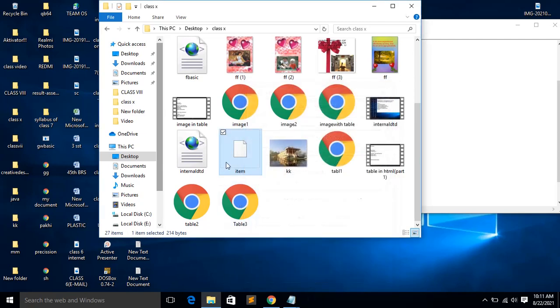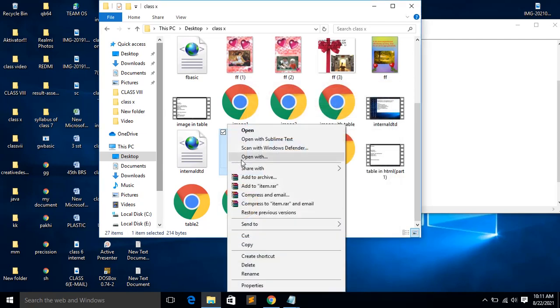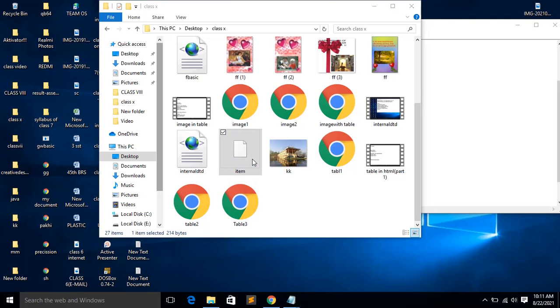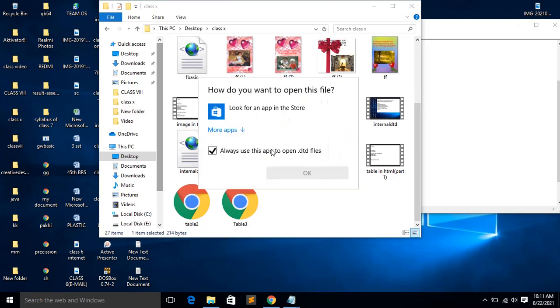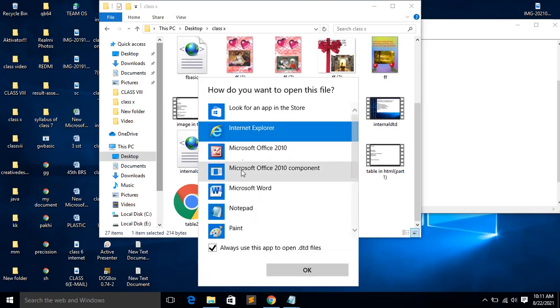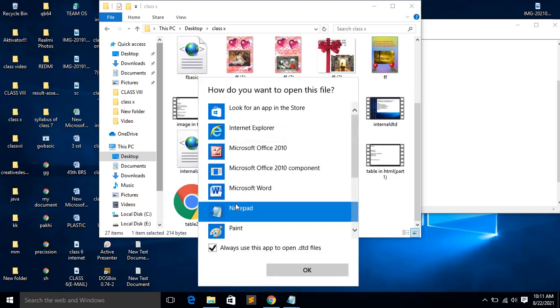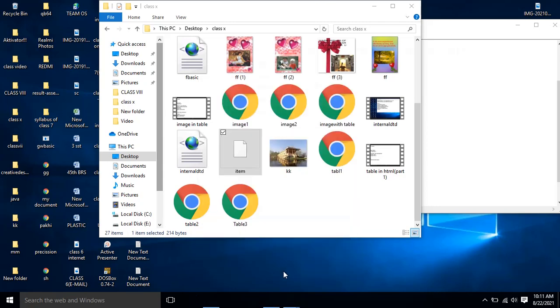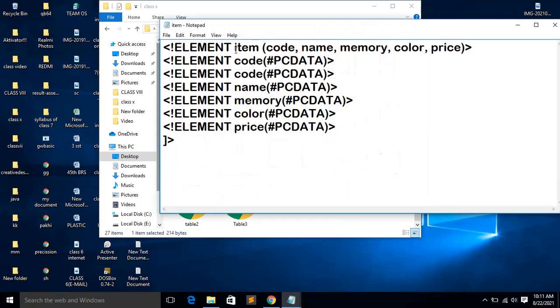So here I can try to open this file as Notepad. See how I have written. In this file only this portion will be there.